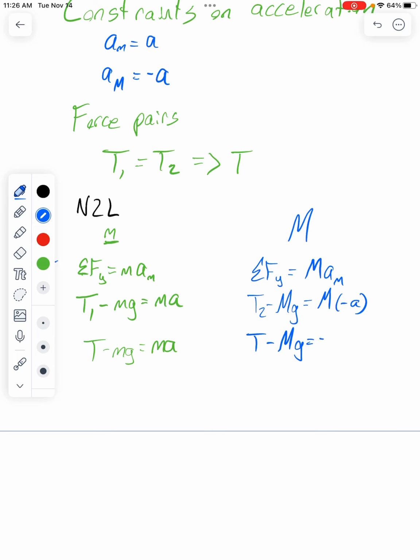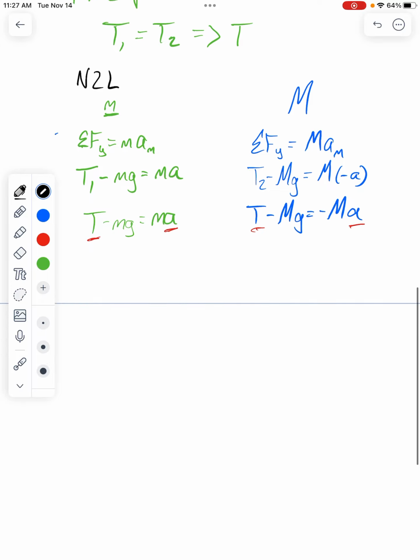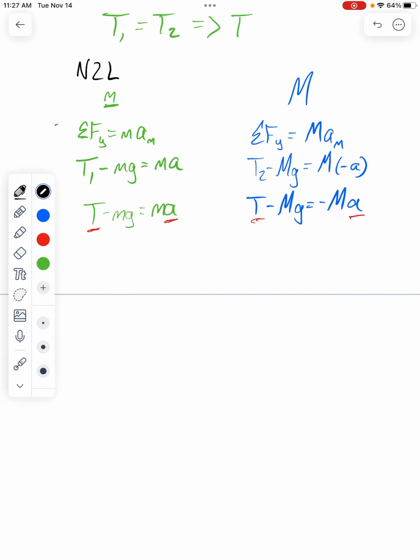Okay. And now, if we look at our equations, we've got two equations and two unknowns. We don't know a, we don't know T. So we want to solve these two equations in order to get the unknowns. The only unknown that I specifically asked for was the acceleration. So we can eliminate the tension from one of these equations and get the acceleration. The way I like to do this